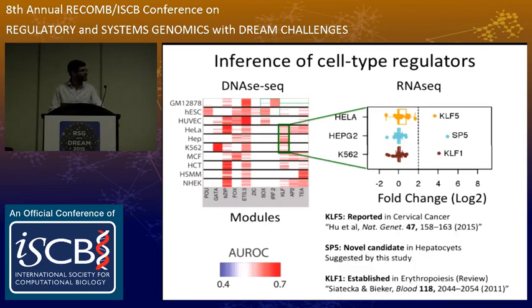The one that is expected is sometimes well established, like KLF1 in the case of erythrocytes. Sometimes we have found that it's just reported, so we corroborate previous findings, like KLF5 for cervical cancer, while in several cases we see novel candidates like SP5 in hepatocytes, that we may suggest for